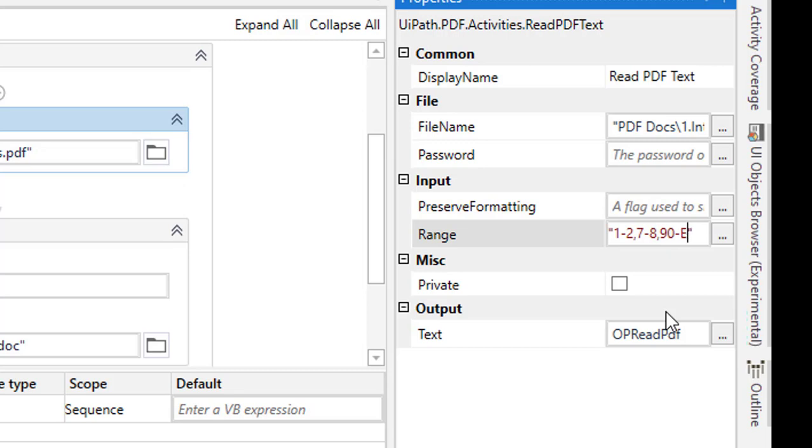I want to read page numbers 1 to 2, 7 to 8, and 90 to end, in the sense that if I have more pages after 90, I can read the output by using this range property.